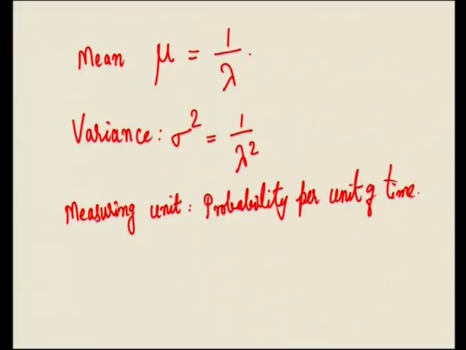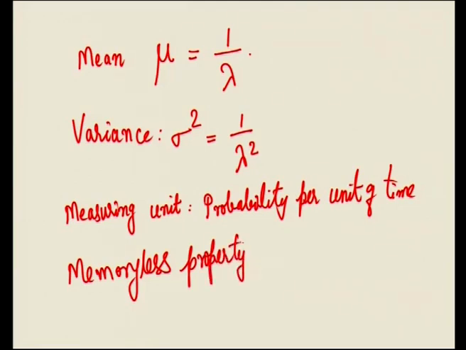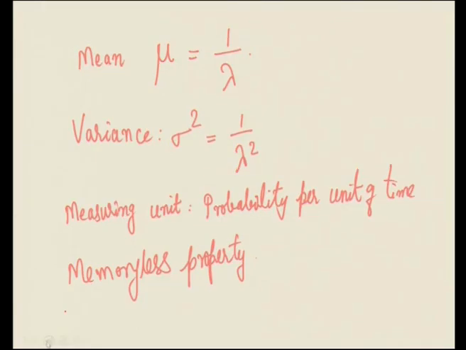This implies that a device that has an age t is as good as a new item with an age of 0. So this is the famous memoryless property of the exponential distribution, the lack of memory property. Mathematically, it says that R of x given t: given that the system has survived age t, it survives for another additional x units of time.